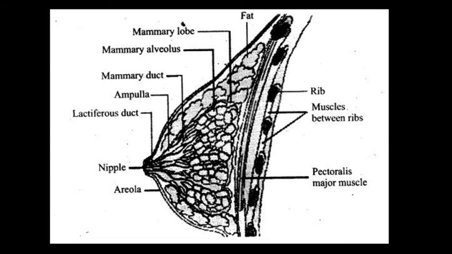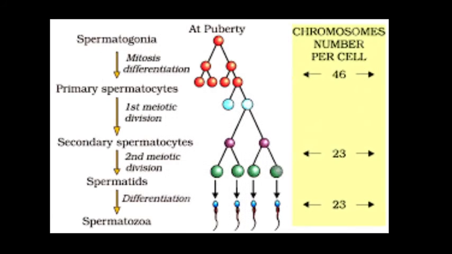Gametogenesis. What is gametogenesis? Gametogenesis is the process by which the primary male and female sex organs produce the male and female gametes. It means production of gametes is called gametogenesis. Here we first look at how sperm are produced, and the formation of sperm is called spermatogenesis. It is the process by which the immature male germ cells, also called spermatogonia, produce mature sperm cells in the testes.